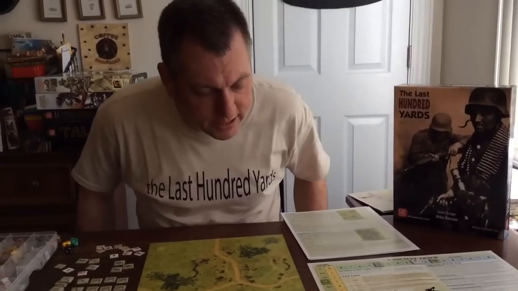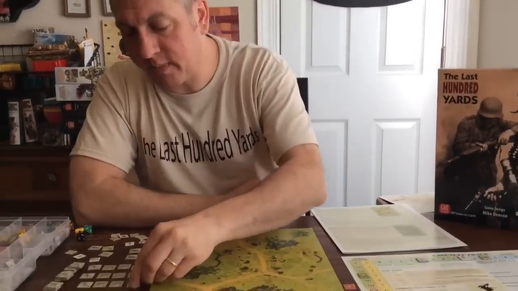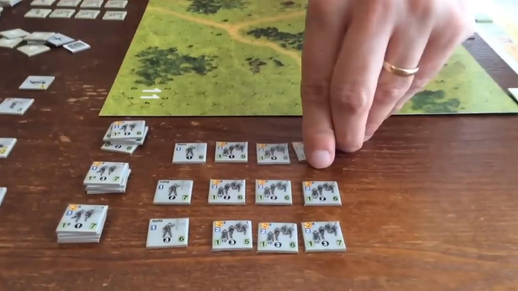Having said all that, let's take a look at how this whole sequence of play works. And again, as you're learning the game, just walk through the steps. Do it slowly at first, and then as you get familiar with it, it really becomes second nature, and the game will simply fly. So, for this scenario, we have the German 2nd and 3rd platoons from their 2nd Infantry